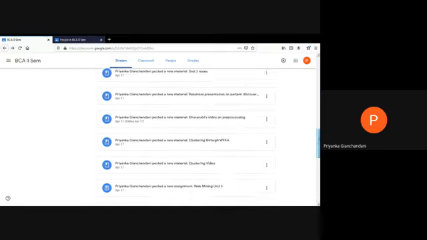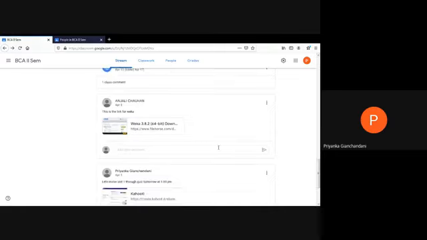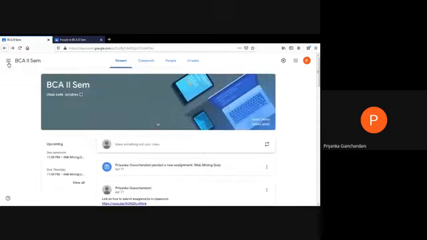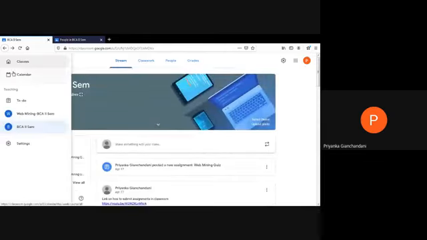So whatever I want to share with my students, like this is the link for the DECA. Now this I have not shared, some student has shared because I have given these rights that students can also upload their materials on my classroom. If you want to stop students from sharing, you can always change the settings. But since I wanted my students to share certain things with me, I have enabled this setting. Now this classroom I had already created. If you want to create a new classroom, how do we do it? So we will basically go to the classes tab.